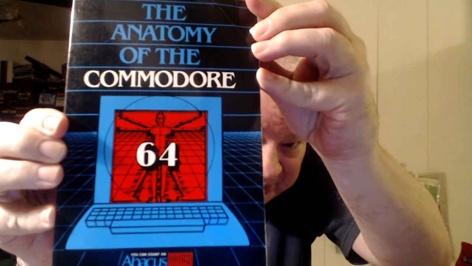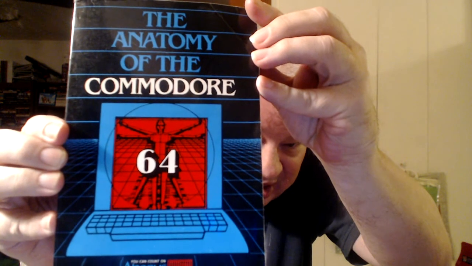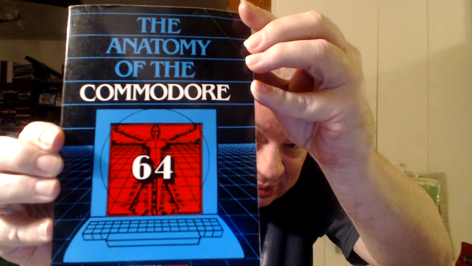First up, from Abacus Software, the anatomy of the Commodore 64. Well, it does have a colorful cover. The blue and red contrast each other nicely with the white. Now, I was thumbing through this book, through the chapters: Machine Language Programming on the Commodore 64, The Next Step, Assembler Programming, a close-up look at the Commodore 64, the synthesizer and its programming, graphics programming,